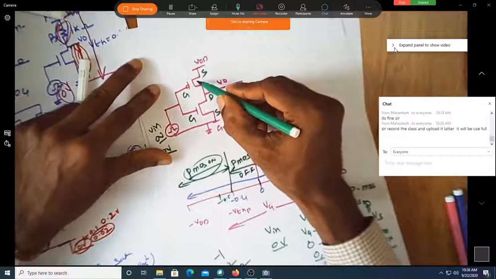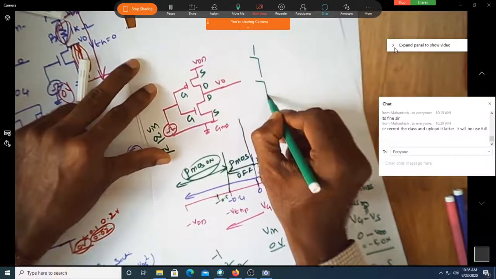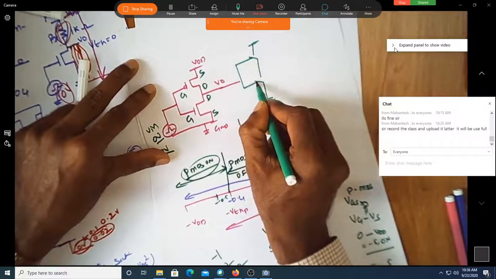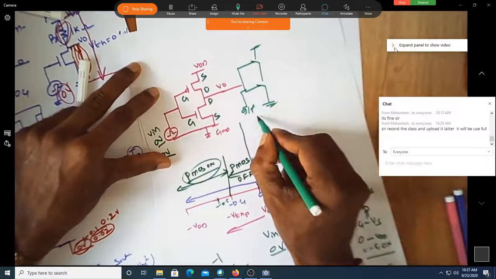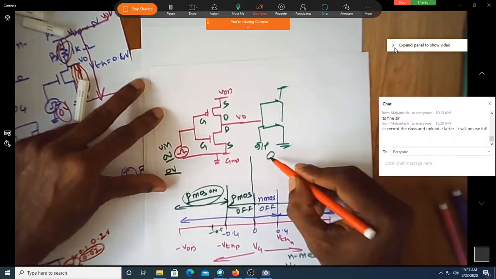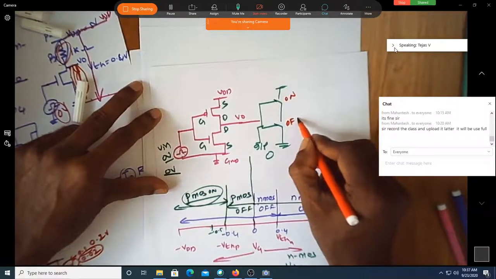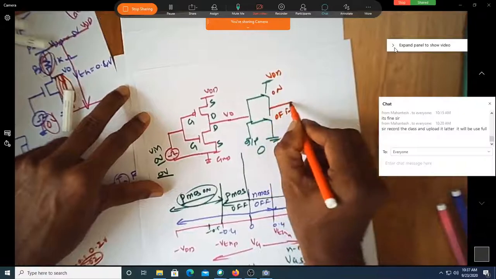Shall we now consider these two as switches? These two are the two switches which have been simultaneously connected to a single input. If the input is 0, which is on, which is off? PMOS is on, NMOS is off. This is on, this is off, this is VDD, this is ground, this is your output point.